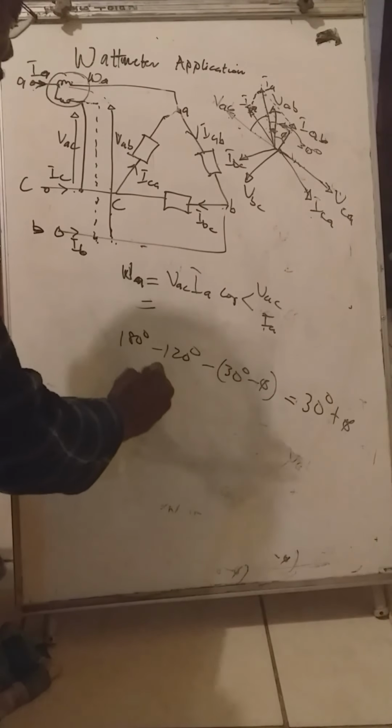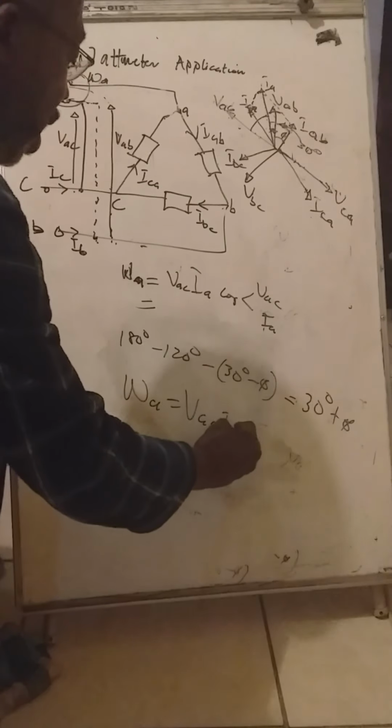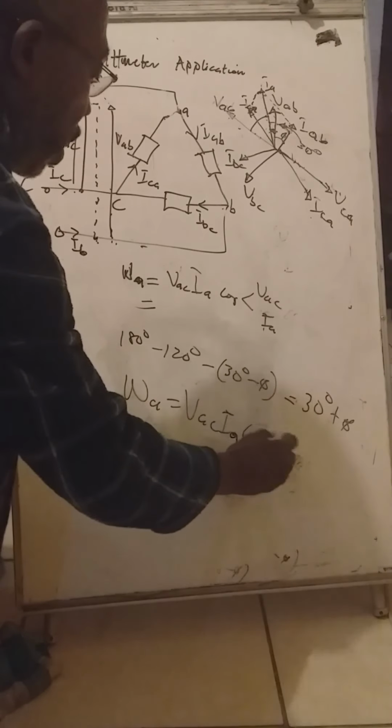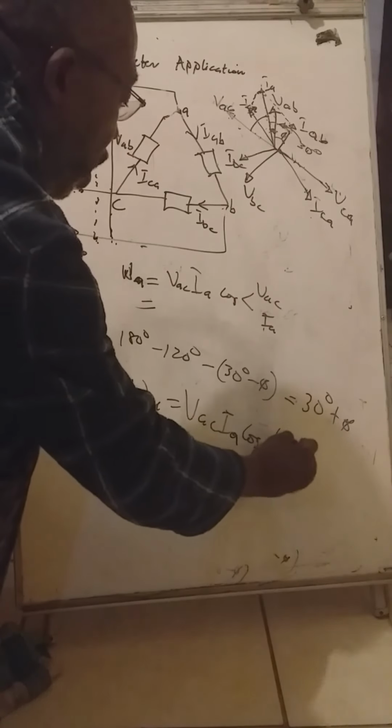Then our WA will be VAC IA cos(30 degrees plus